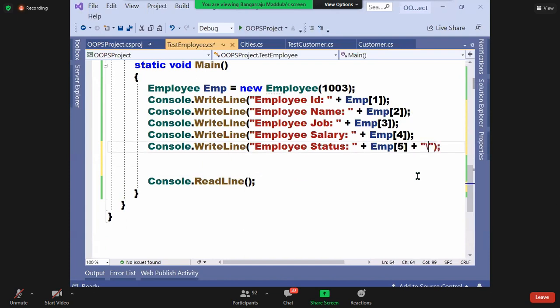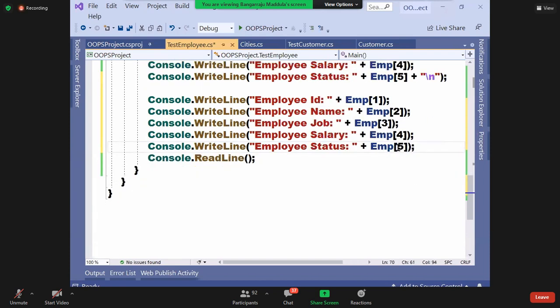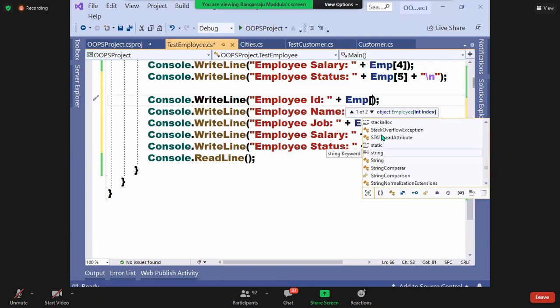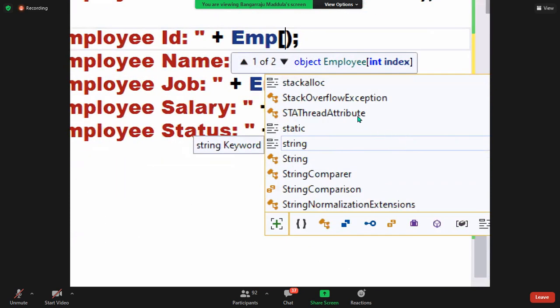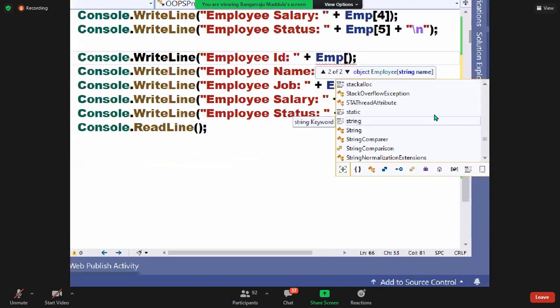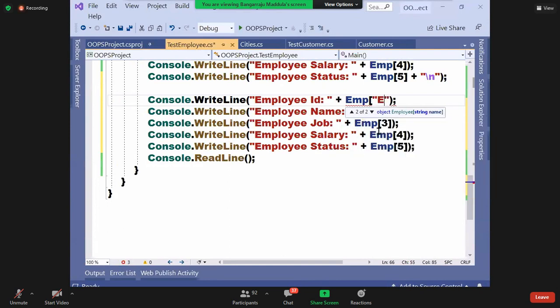All of you observe, it's an overloaded indexer. When you try to open the curly brace, it will show you one of two. One takes int index, two takes string name. Now you can pass your name also here. Employee number.